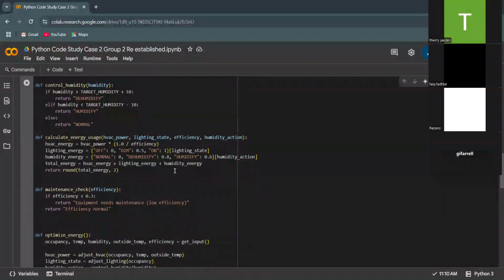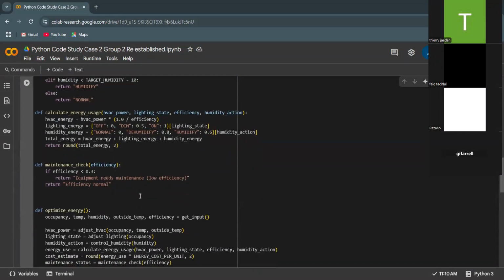And then we count the total energy by adding the HVAC energy plus lighting energy plus humidity energy, and when we return it, we get a round of the total energy. And then next we have the maintenance check, or the efficiency check.